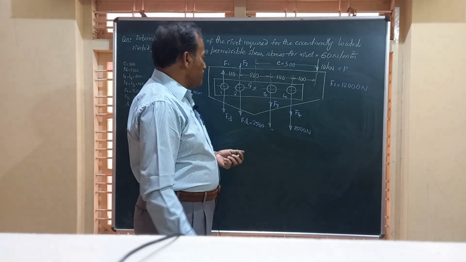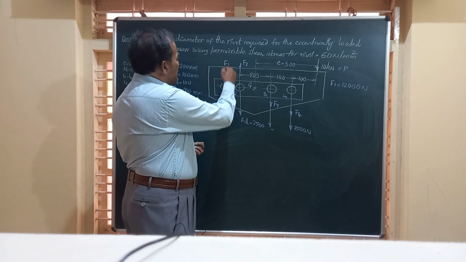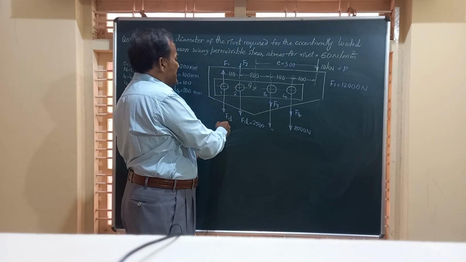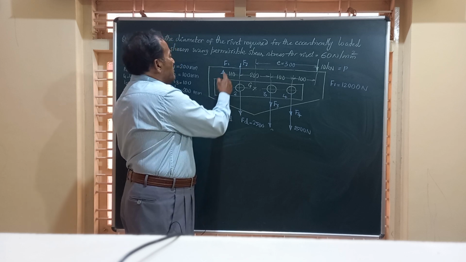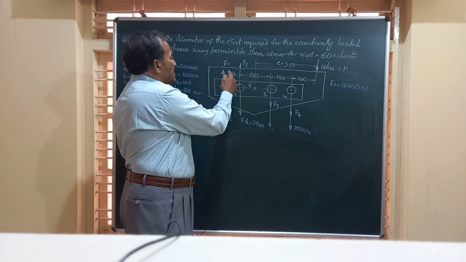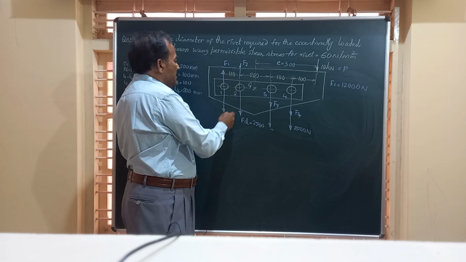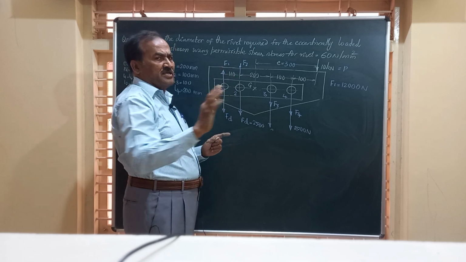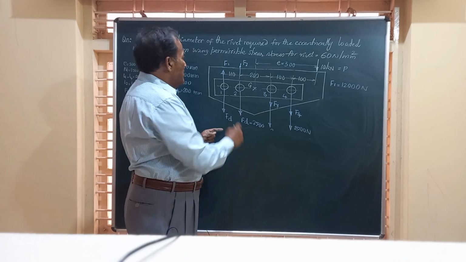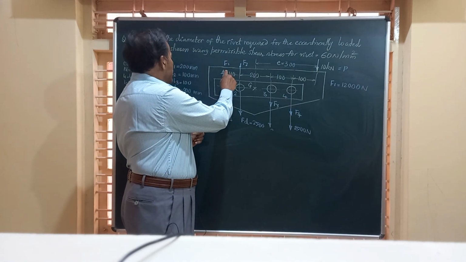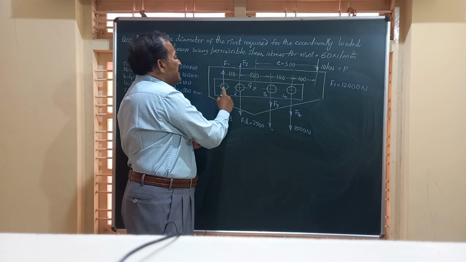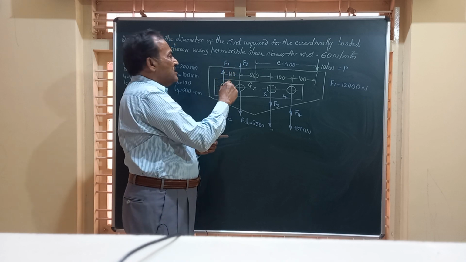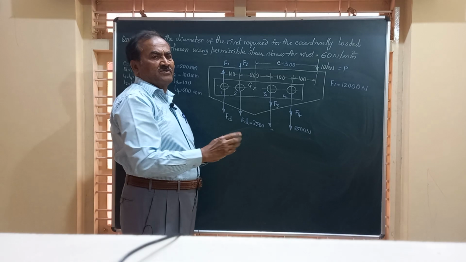Friends, if you take up this first rivet, direct load is acting downward, secondary load is acting upward. The effective load on this will be the difference of FD and F1. So if F1 is 12,000 and this is 2,500, there will be a net load, that is 12,000 minus 2,500,